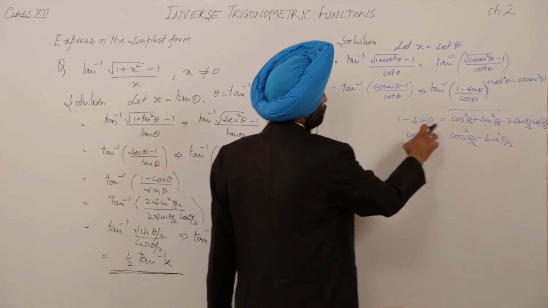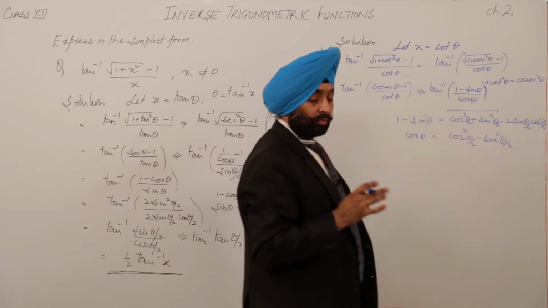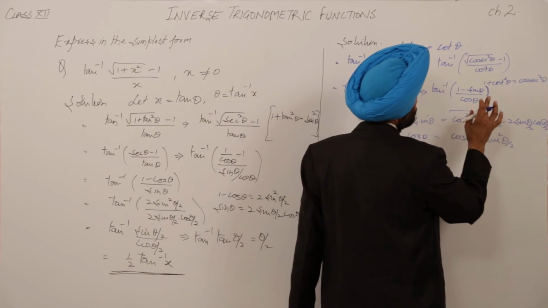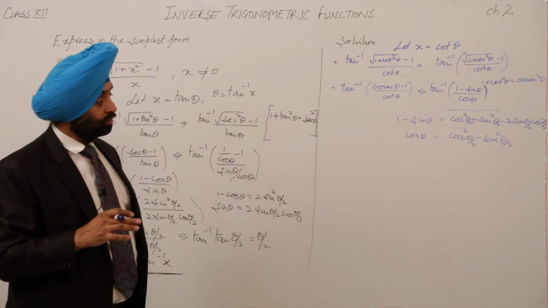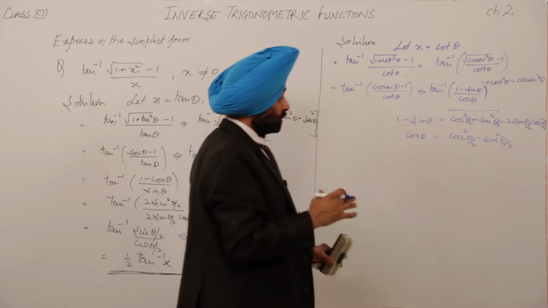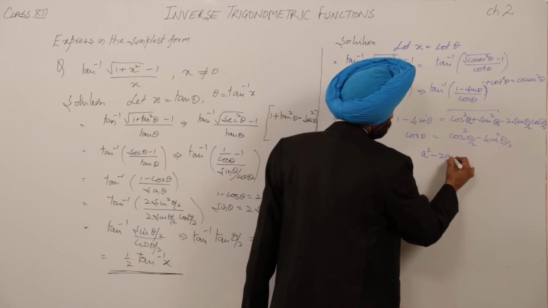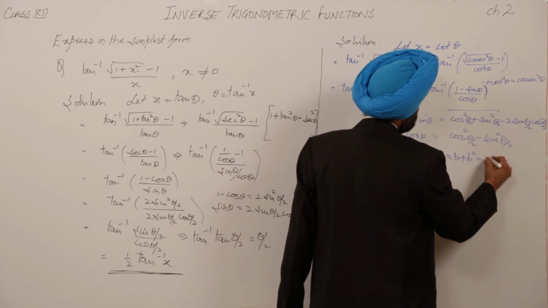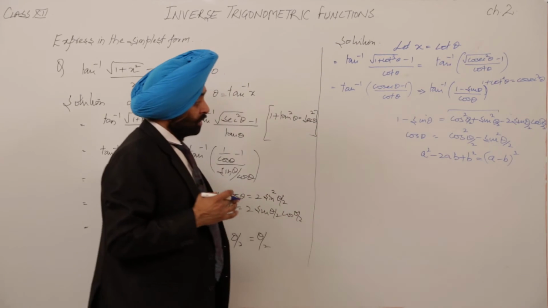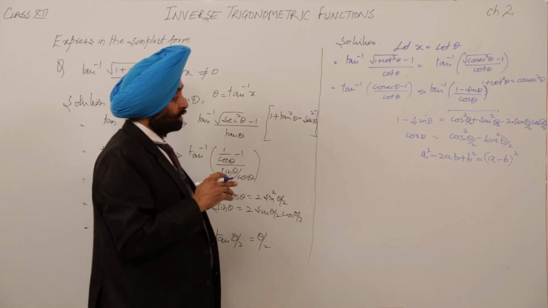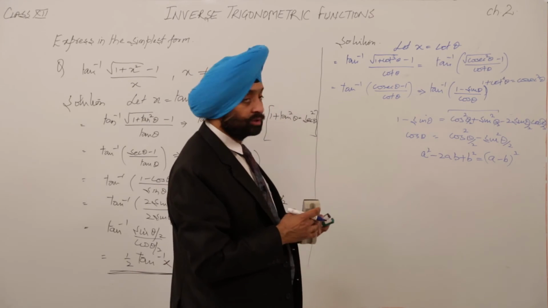Now 1 minus sin theta becomes a square plus b square minus 2ab. Why did I write it like this, cos square theta plus sin square theta? Otherwise I should have written cos square theta by 2 minus 2 sin theta by 2 cos theta by 2 plus sin square theta by 2: a square minus 2ab plus b square. Now a square minus 2ab plus b square becomes a minus b whole square. So dear students, please remember all these things: how we are changing the formulas, how they are required in the question, and what is the use of the formulas in the question.